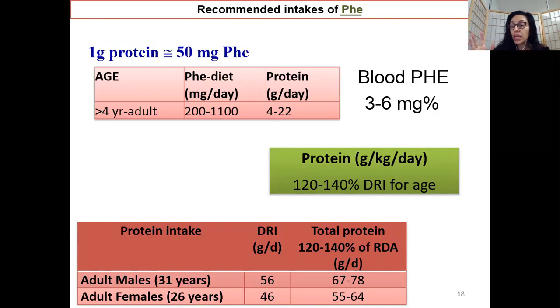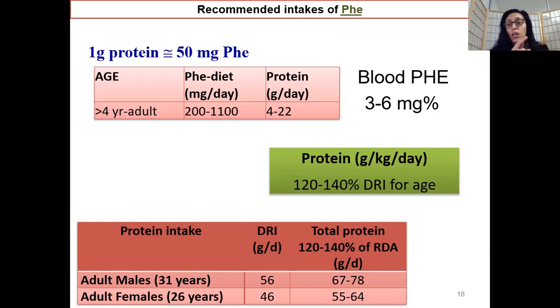If you compare, say, a low protein food's phenylalanine levels, and you back calculate it with this 1 gram of protein is equal to 50 milligram of phenylalanine, your calculations will not give you the exact number which is there in the nutritional label. Why? Because this was done in a lab in which you came to know the exact level of phenylalanine. This approximation is used when you do not have FoodWorks, when you do not have a software on hand, and you have to roughly calculate what your patient is having.